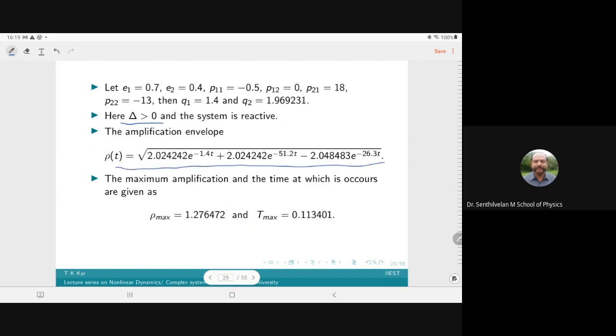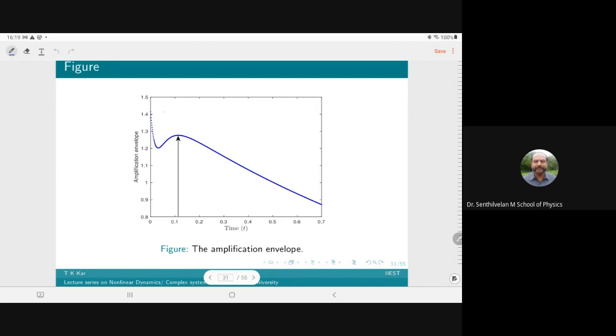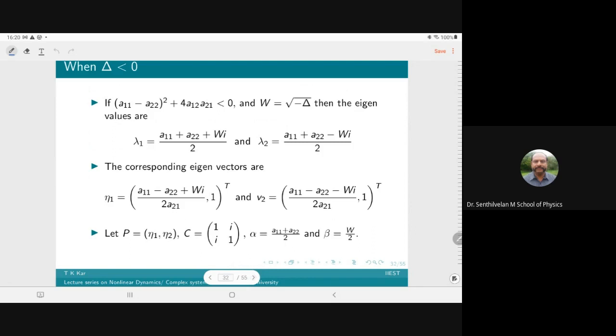From here we can draw the curve. I will show the curve first: this is rho max, the maximum amplification, and the corresponding time at which the maximum amplification occurs. Look at this. This is the curve. The next one is better to understand. This is the amplification envelope curve. This point is the maximum amplification, and the corresponding time is this. This is one example. Now for delta less than 0, in a similar way,